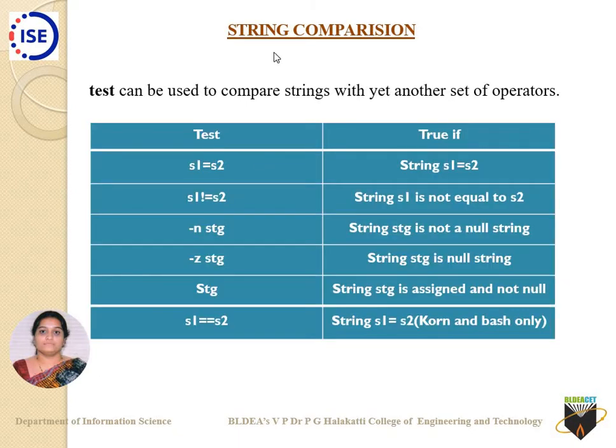In the same way, let us look at string comparisons. Wherever there are two strings, how do you make that comparison? Consider S1 is a string and S2 is a string. If I want to know whether those two strings are equal or not, I can construct it using S1 = S2. It says whether the string S1 is equal to S2. Similarly, I can use an exclamation sign and equals, != , which says S1 is not equal to S2. That can be checked here.